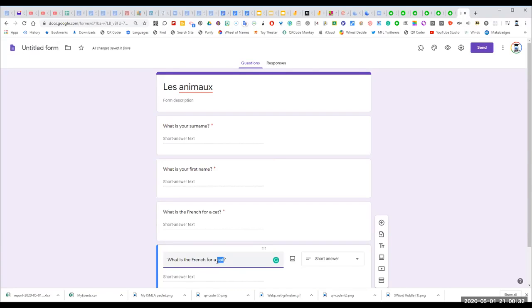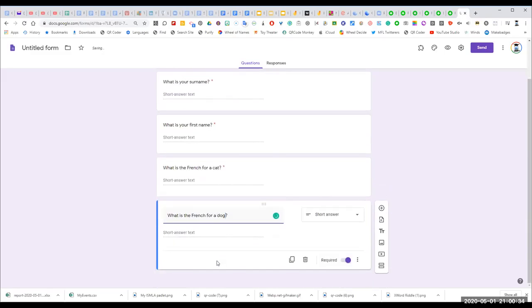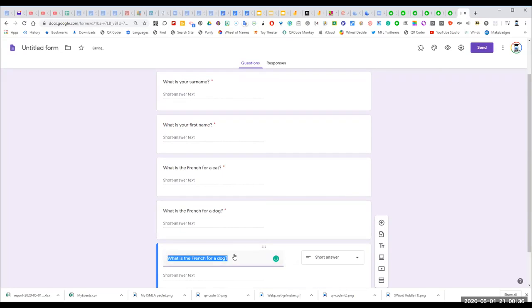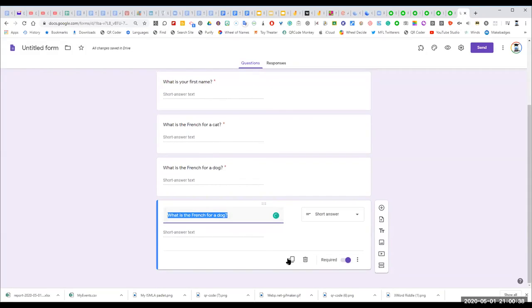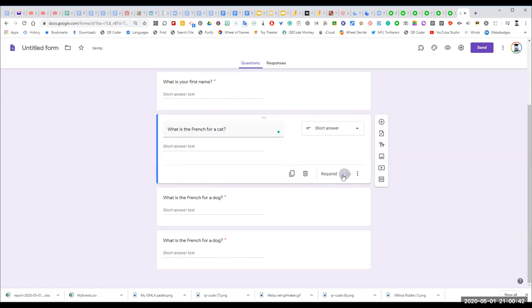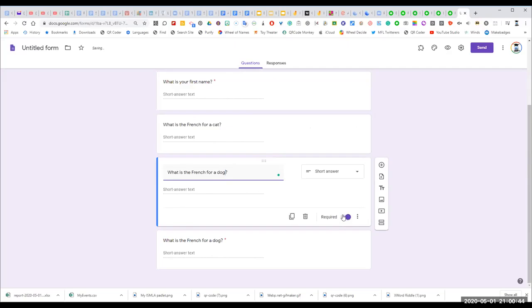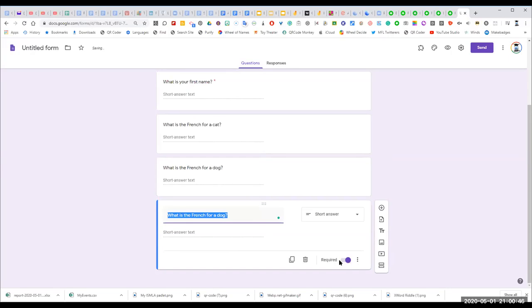I'm going to go for dog this time, then duplicate, and then these all actually require questions. They don't need to be required questions, so I can turn that off. But it's important that you have the required question as the name, like that. So instead of dog, I will put rabbit, and then duplicate, and then finally we'll go for horse, but this time